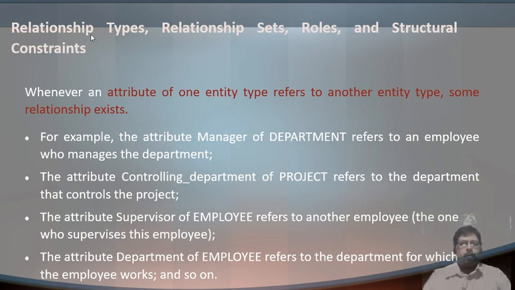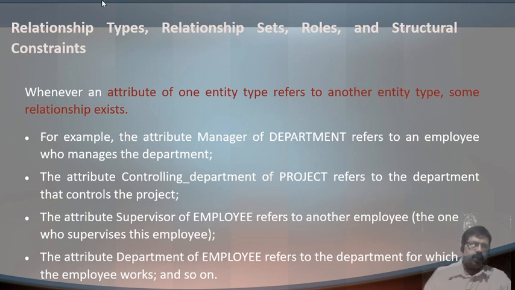So now we are discussing relationship types, and in one definition we have discussed an attribute of one entity type. Suppose you consider the D number of the department table: it is linked with another entity type, employee, where D number is related or referenced, and some relationship exists, which you can take as works for. Similarly, between SSN and MGR SSN, the relationship is manages the department, like that, manages.